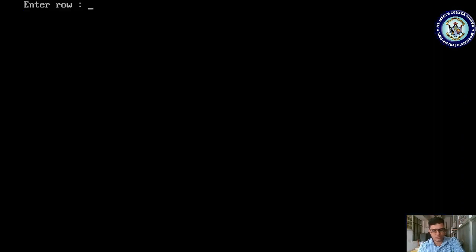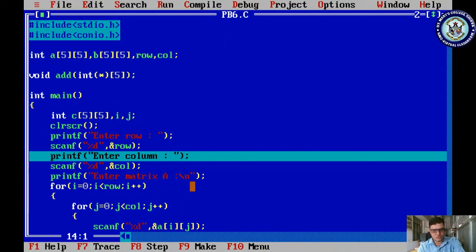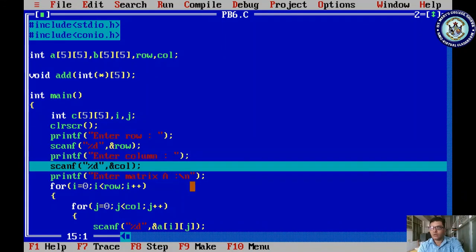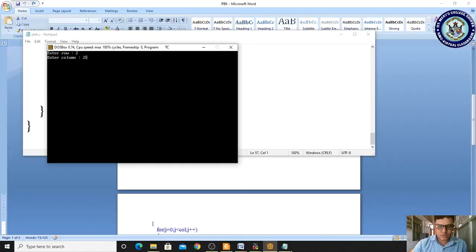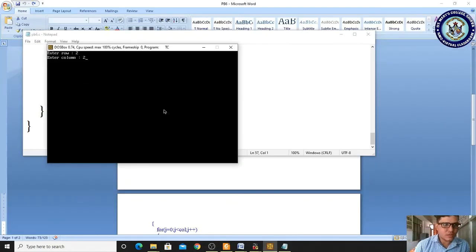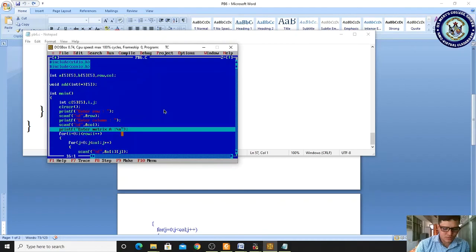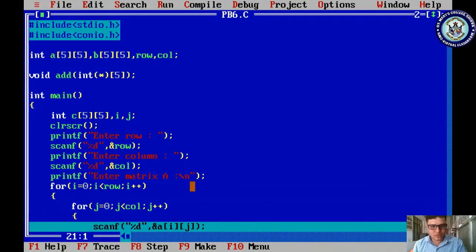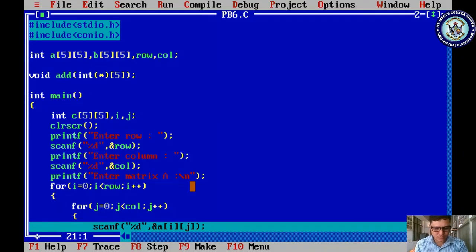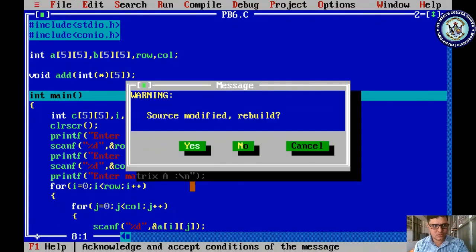It is asking for the rows and it is asking for the columns. Now you are seeing two rows and two columns. Once again I'm running F7. We have to enter values for matrix A. I'm giving one. Once again F7.